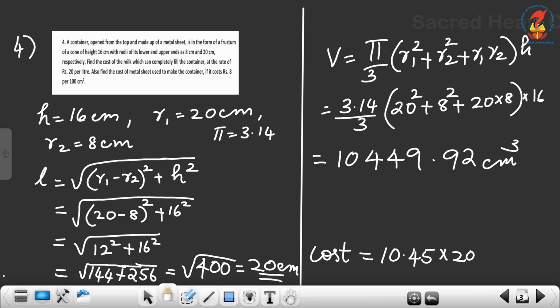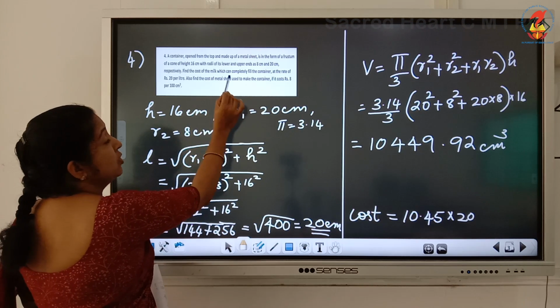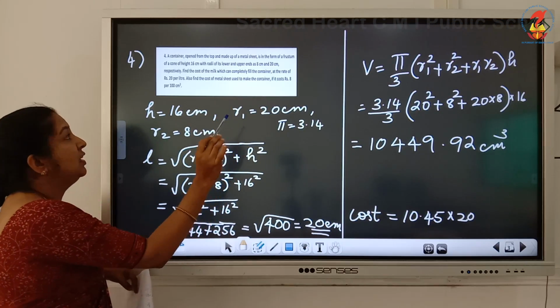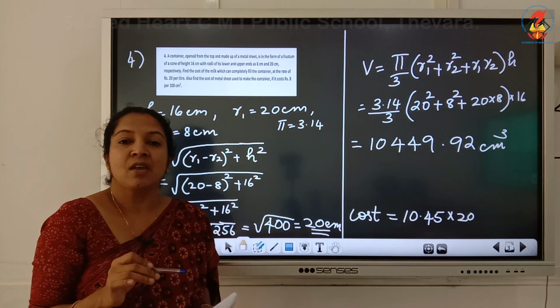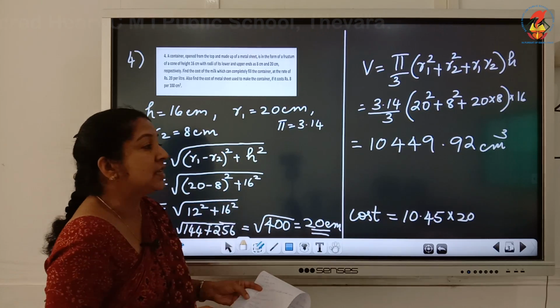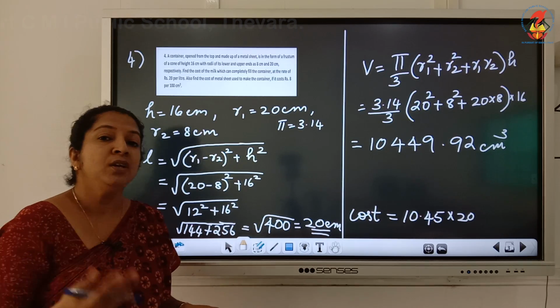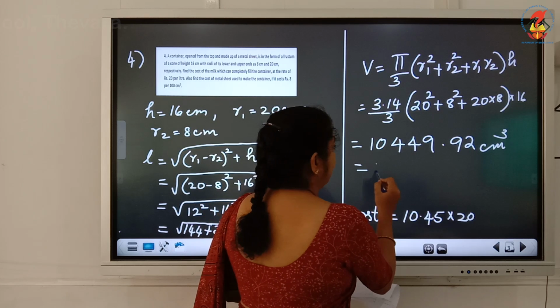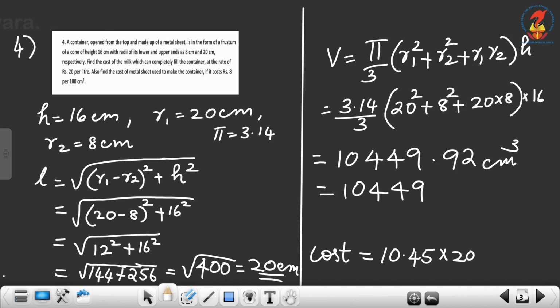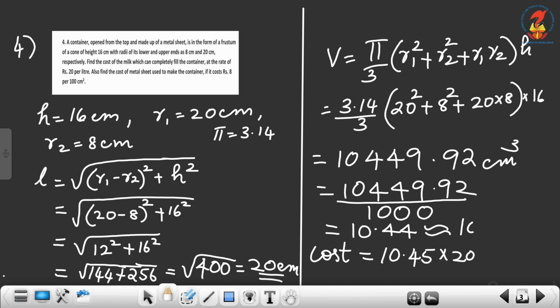10,449.92 centimeter cube. But what the question is, cost of the milk which can completely fill the container at the rate of rupees 20 per liter. The cost is given per liter. So, we have to convert this into liters. How can you convert centimeter cube to liters? Divided by 1000. So, 10,449.92 divided by 1000. This will give 10.44, which you can write as 10.45 liters